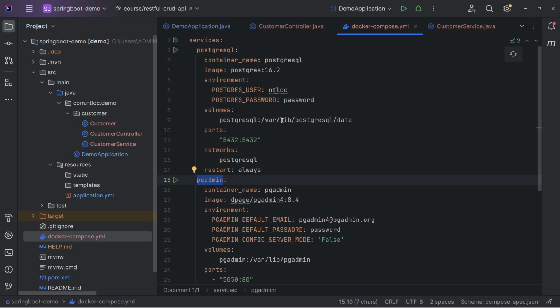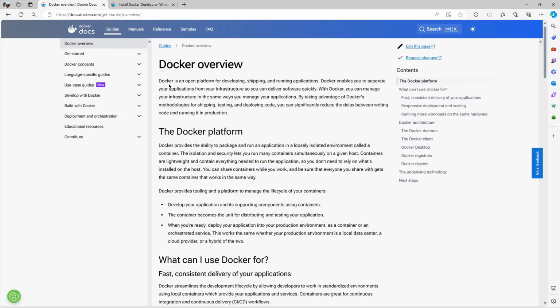In case you don't know, I am in the Docker official documentation, and Docker is an open platform for developing, shipping, and running applications. Docker enables you to separate your application from your infrastructure so you can deliver software quickly.